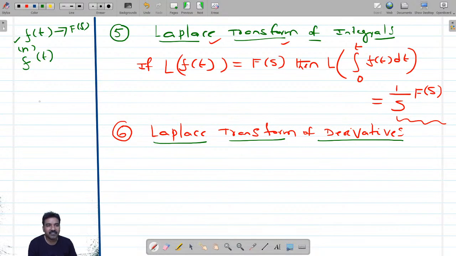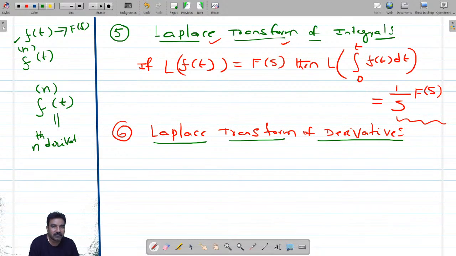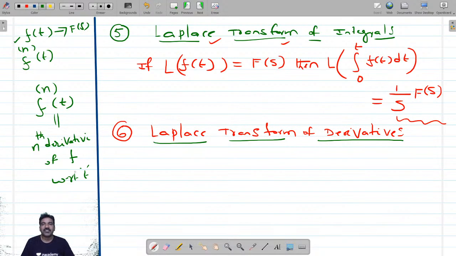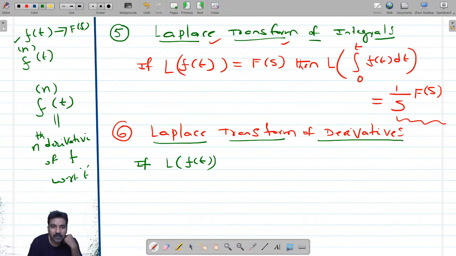Here n is written, small n is written in the parenthesis. This is nothing but nth derivative of f with respect to t. So if you know the Laplace transform of small f of t, you can easily get Laplace transform of nth derivative of f. Let me write this out. If Laplace transform of small f of t equal to capital F of s,